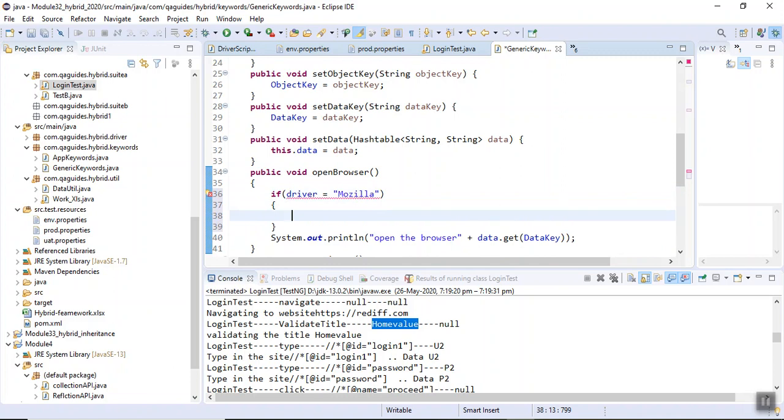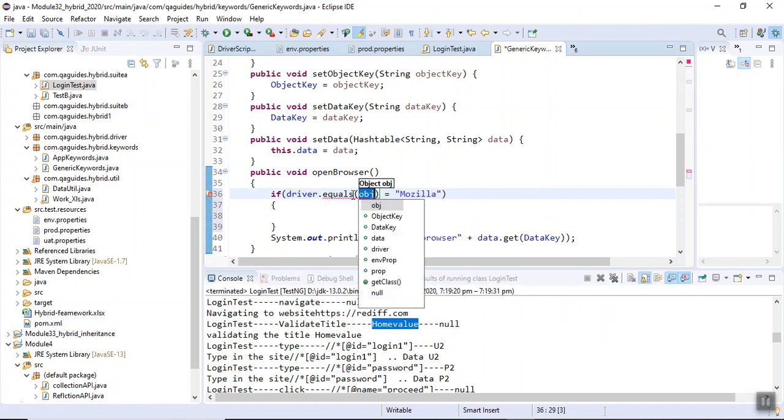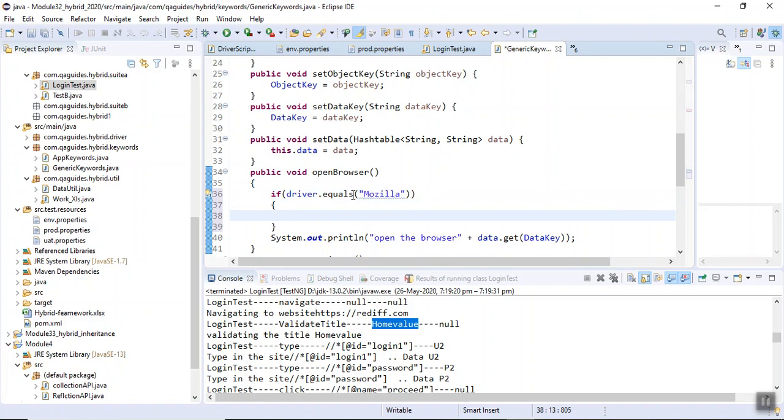Driver dot equals... in that case, we can put our location of our driver.